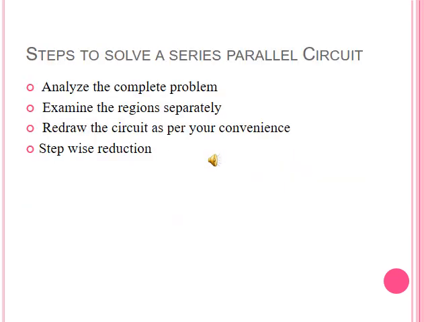Steps to solve any kind of circuit, either it is parallel, series, or a combination of those two. First of all, we have to analyze the circuit properly. After examination and analysis of the circuit, we come to a conclusion about what type of techniques should be used to completely solve the circuit. Otherwise, by hit and trial method, we can't apply any kind of formula. We have to decide which technique we are going to use to solve the circuit.